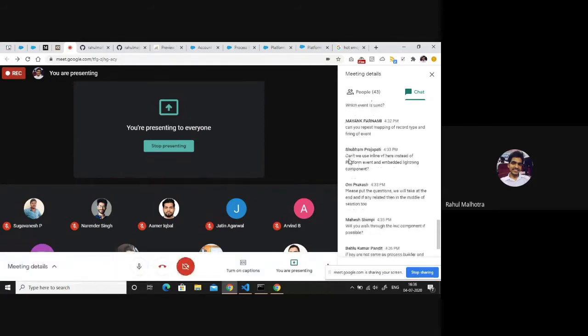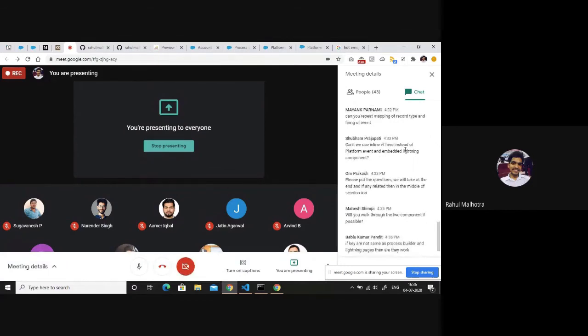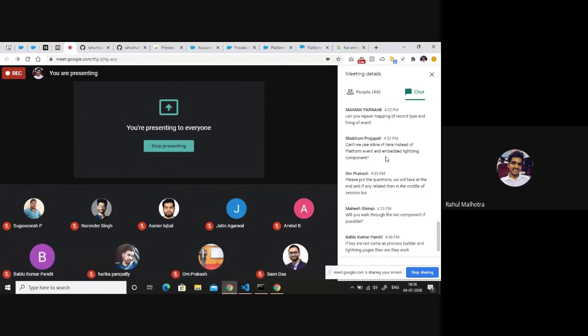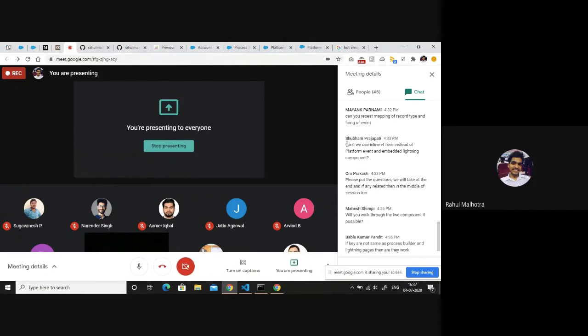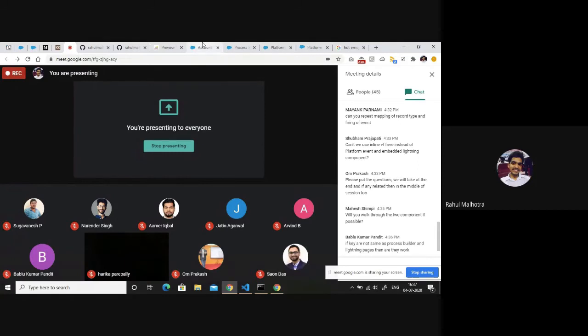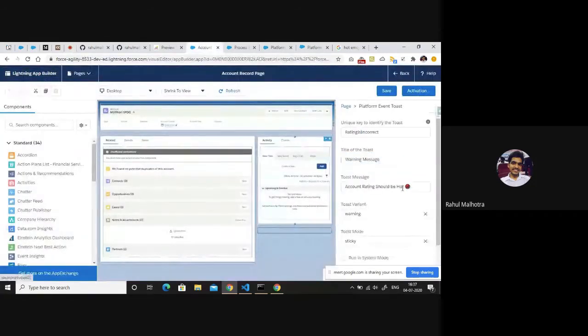Apart from that, I have a question: can't we use inline VF here instead of platform event and embedding a Lightning component? Shubham, there can be a number of things that you can use instead of firing a platform event. I wanted to cover this later when we talk about platform event limitations, but instead of an inline VF, I would recommend using a Lightning component and setting up filters in the Lightning component itself.